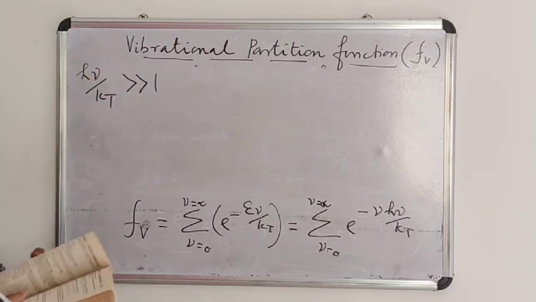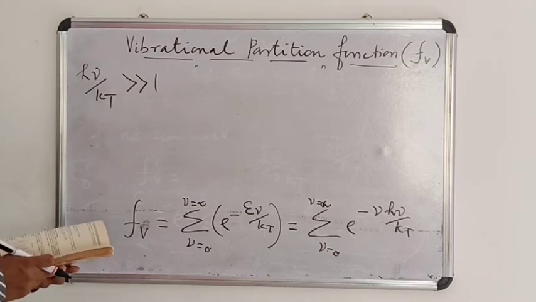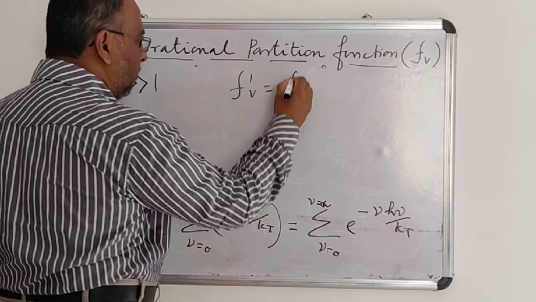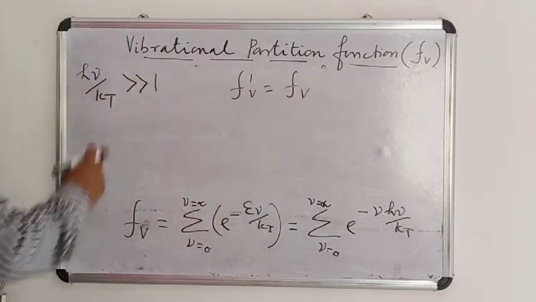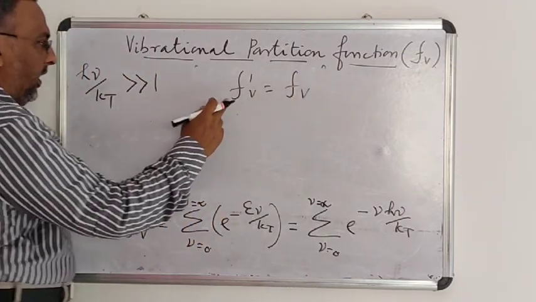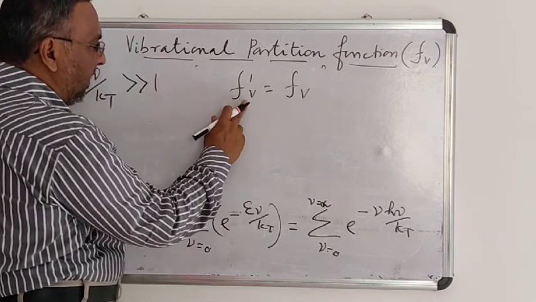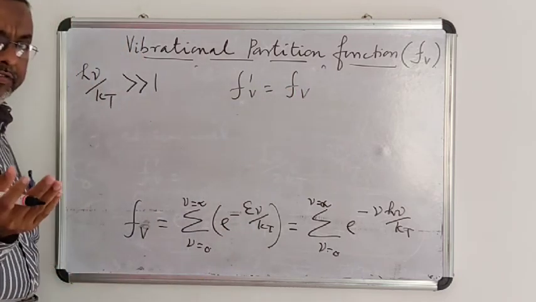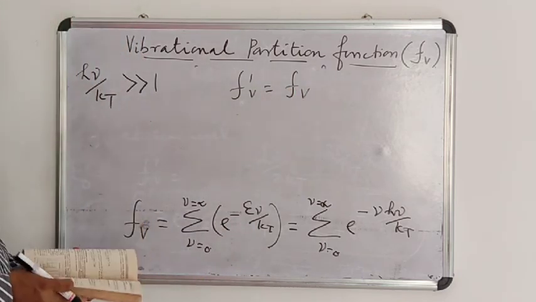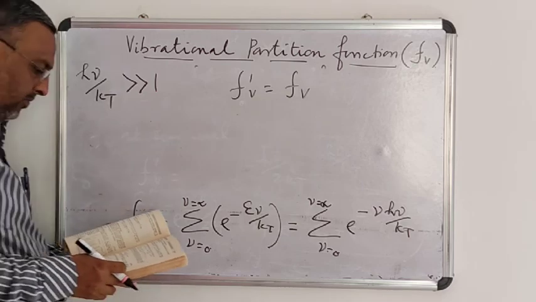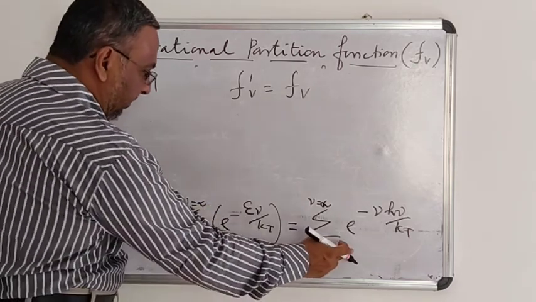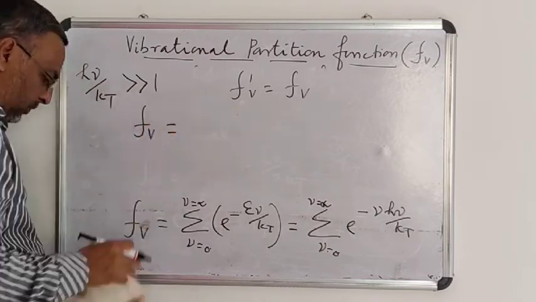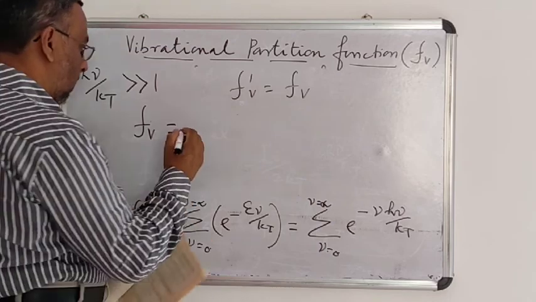Consequently, f dash v will become equal to fv. When h nu by kT is very much greater than 1, the vibrational partition function at the higher level will be almost equal to the vibrational partition function at the zeroth vibrational energy level. So therefore, this equation can be written as fv will be equal to